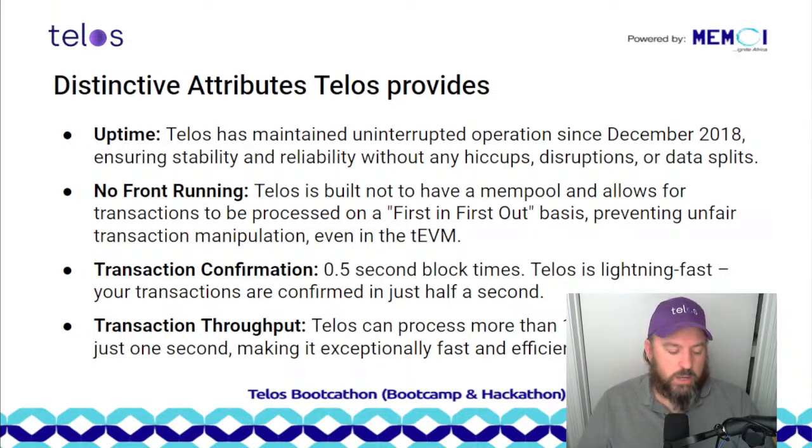We've never had that. No front running is a big feature of not only Telos Zero, but also the EVM. If you guys are familiar with front running, it's the ability for someone to go in and see transactions on the Ethereum mempool and then figure out a way, usually through bots, where somebody could take a trade that they see coming in on Ethereum that is going to move the market significantly and then pay more gas to get their transaction in first so that they could capitalize on that. Billions of dollars have been made and lost through front running.